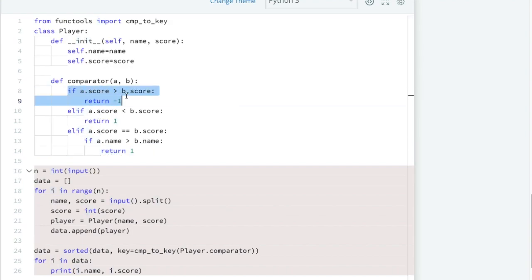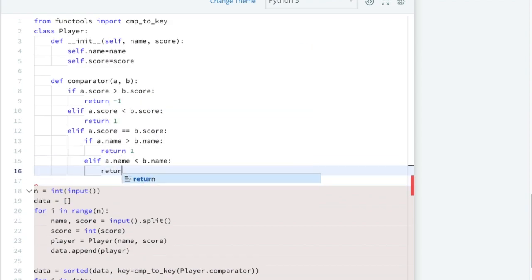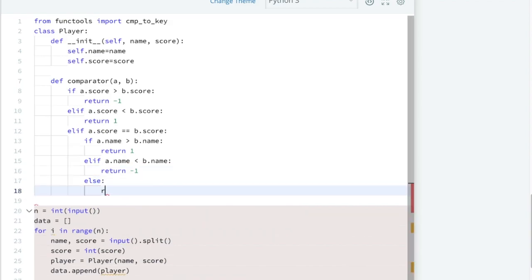We are sorting the score in decreasing order and the name in ascending order, that's why we are returning 1. Elif, let's copy and paste this one and change the sign. Elif a.name is less than b.name, then we will return -1. Else we will return 0.